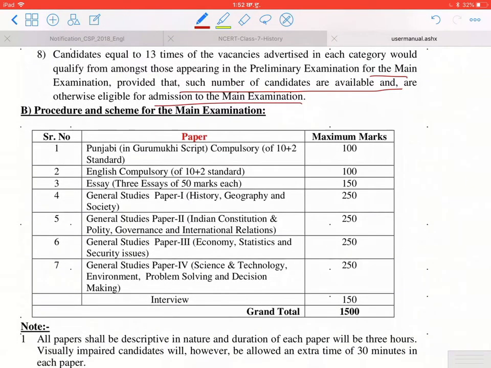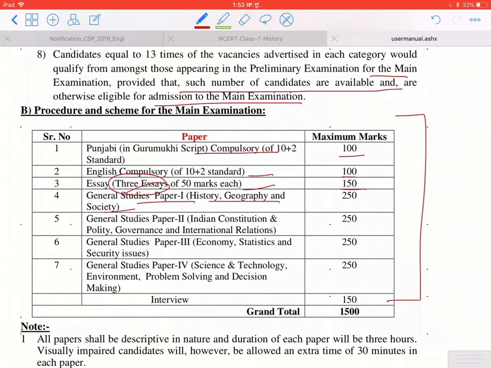Then comes the main pattern, and for this I am only discussing the pattern right now. So Punjabi is compulsory at 10 plus 2 standard, 100 marks, compulsory English 100 marks, essay 150, and there will be 3 essays unlike UPSC which has 2 essays. Then general studies paper 1,